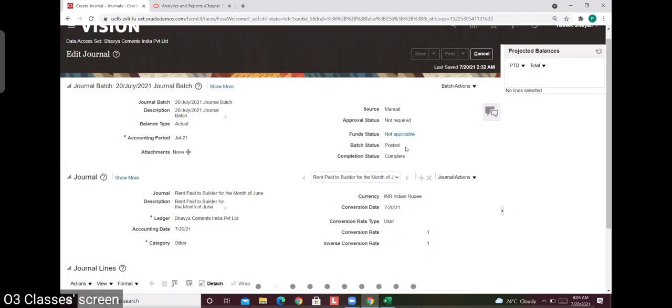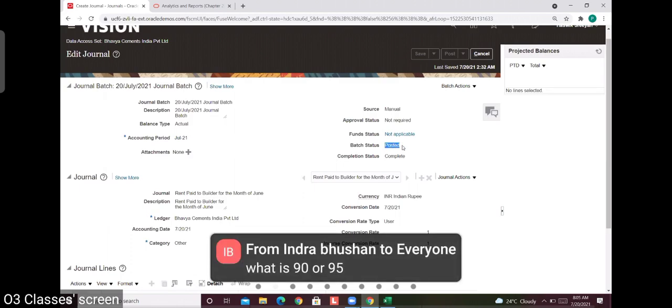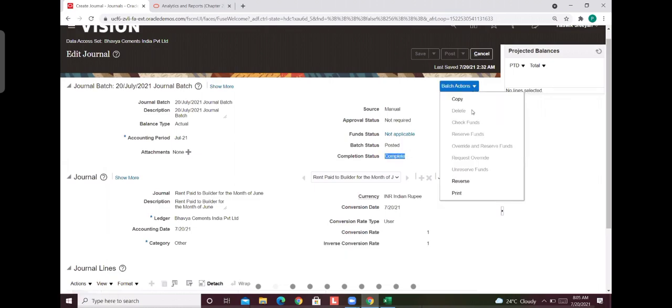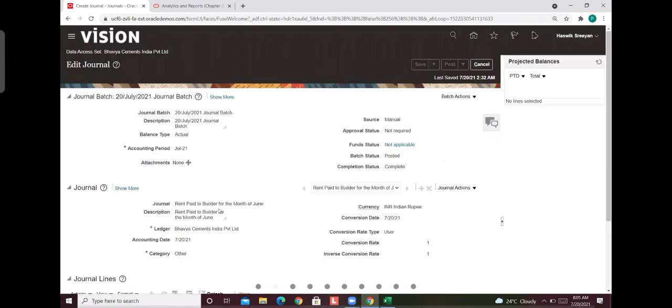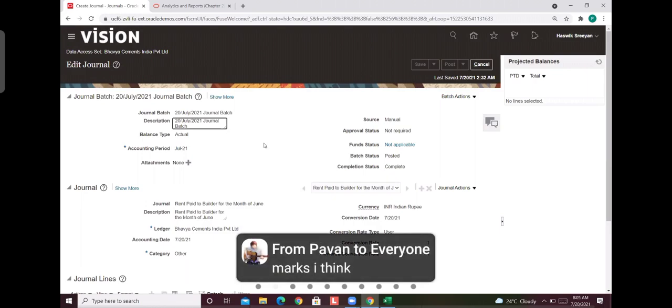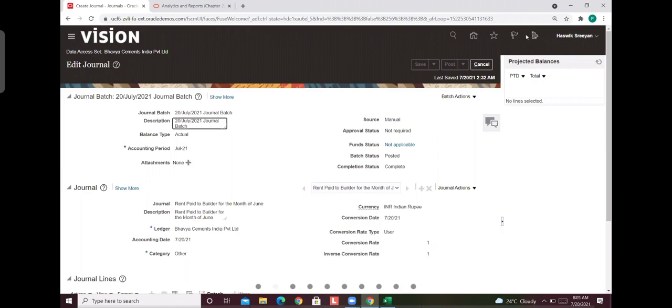When you click the post button, the system initiates a scheduled job and changes it to posted and complete status. Now this journal does not allow deletion or modification. Once posted, the system never allows modification or correction as per Oracle standard functionality. Clear?